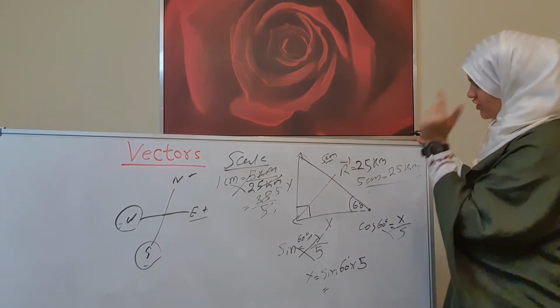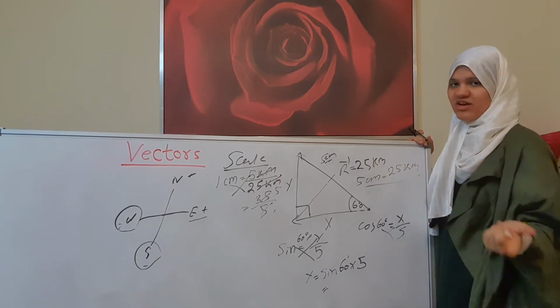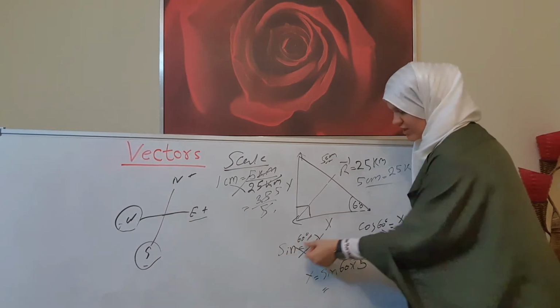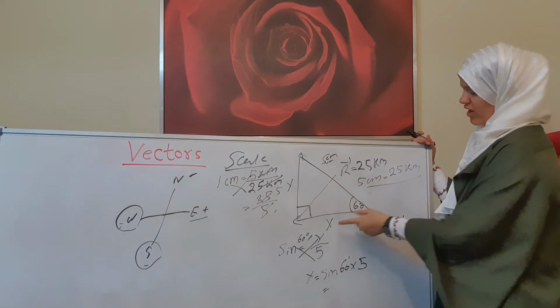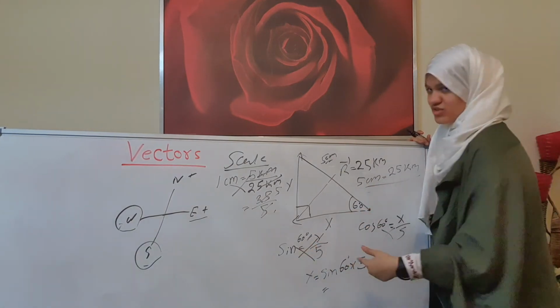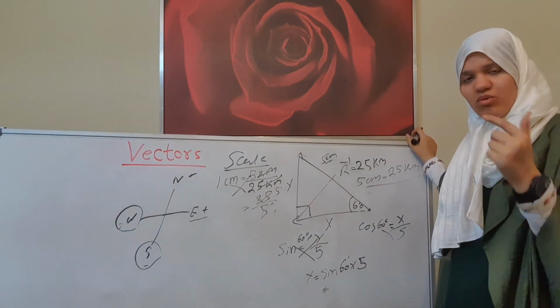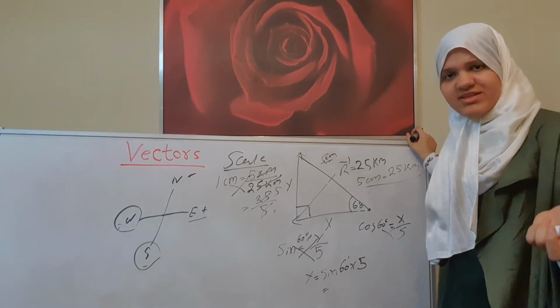But you can also do it another way. You can use 25 kilometers itself, like in place of 5 you can put 25, and sin 60 degrees will be y over 25. Then you crisscross, and y is equal to sin 60 degrees times 25. It will bring you a big decimal,